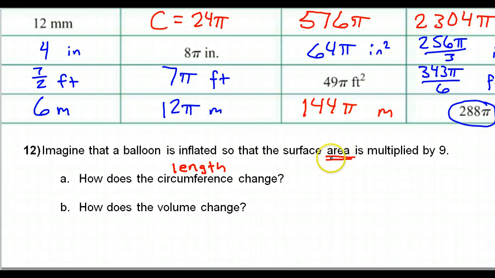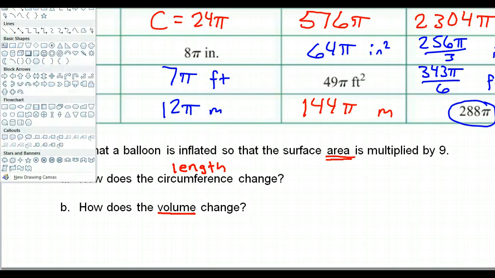So we're messing with the area, and then I'm asking you, how does the length change and how does the volume change? It doesn't matter whether it's circumference or diameter or length. They're all lengths. So let's remember how we do this. I feel like it's useful to draw little pictures to remind us. Let's say if we have a